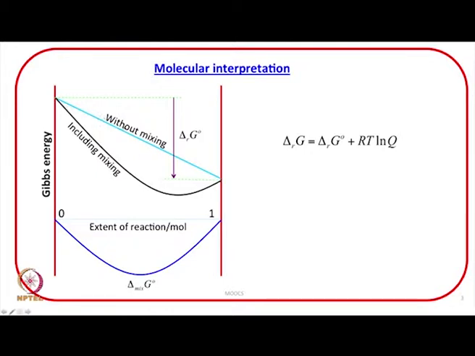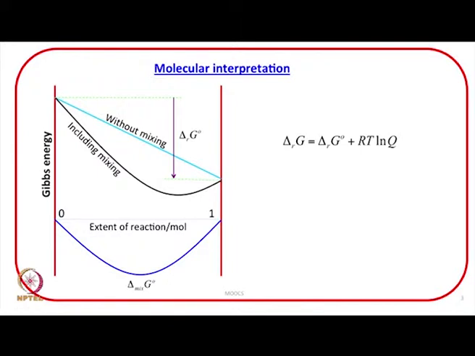Without mixing, that means the path followed will be this light blue. If you do not allow the product formed to mingle with the reactants, then the path followed will be this. And the difference between the two is going to be delta Rg naught,